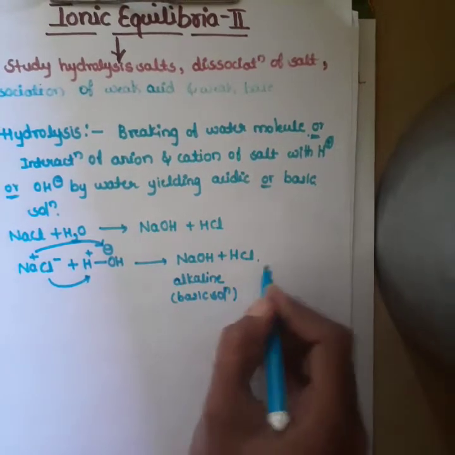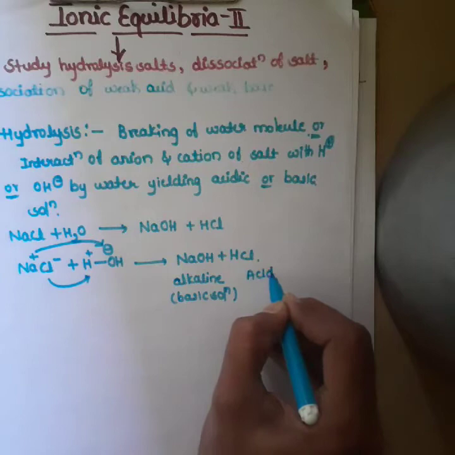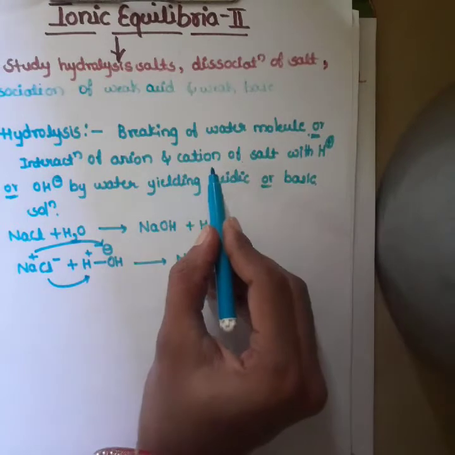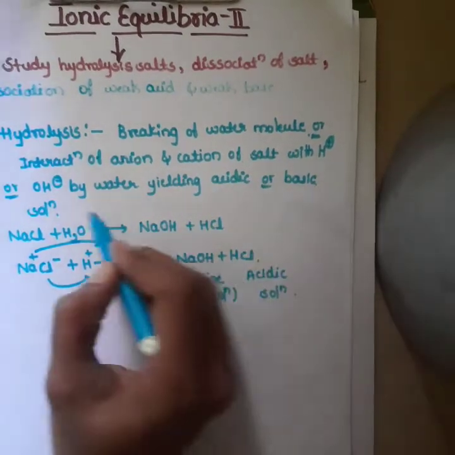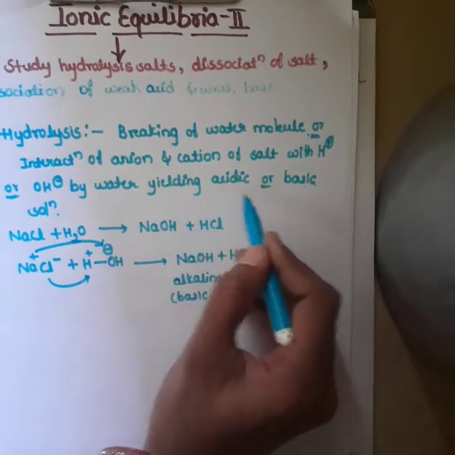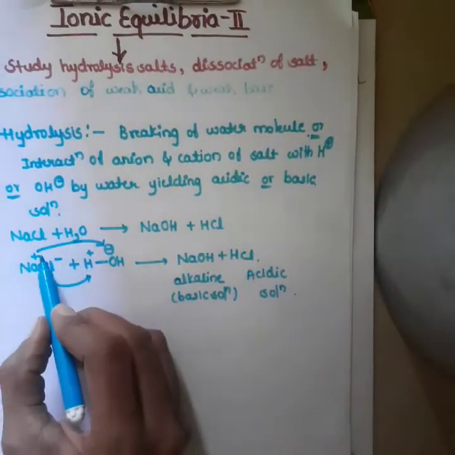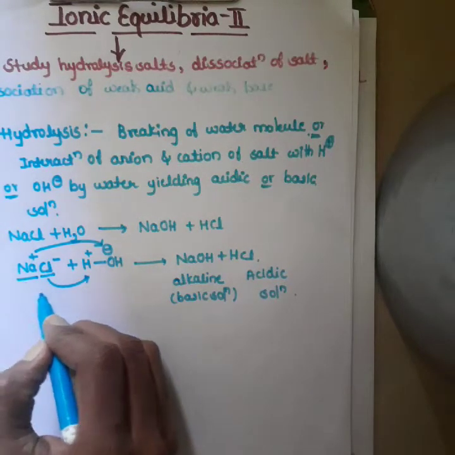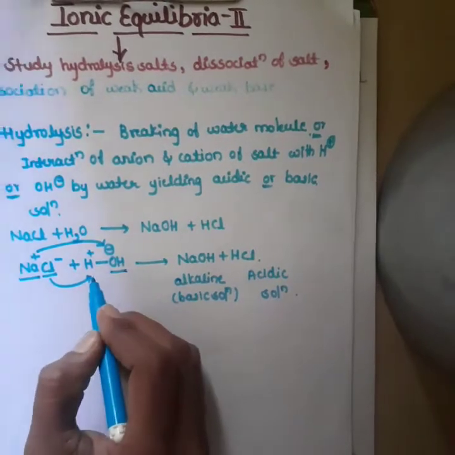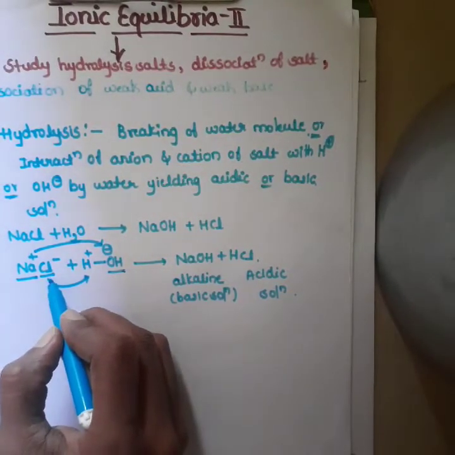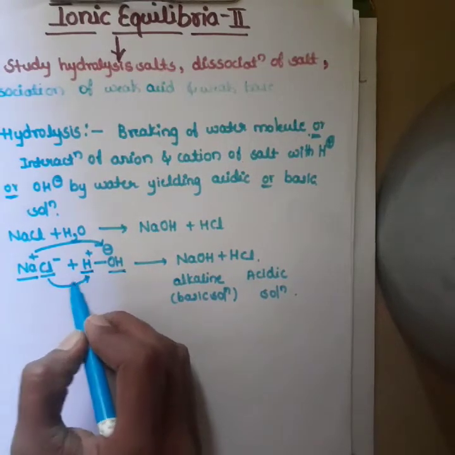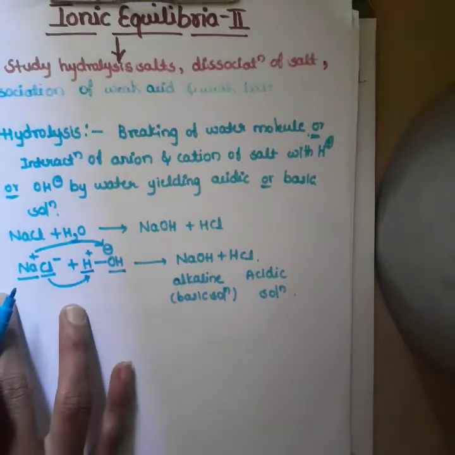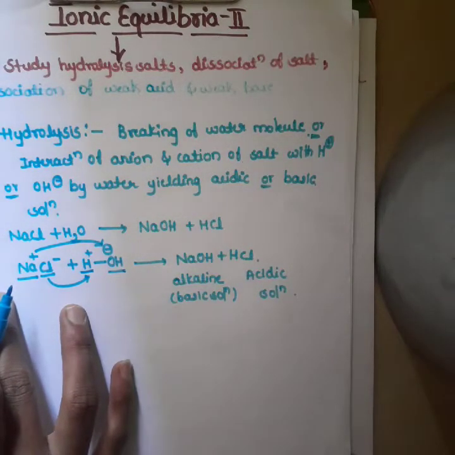HCl is an acidic solution. In our definition, interaction of anion and cation of salt with H plus or OH minus by water yields acidic or basic solution. Na plus is cation, Cl minus is anion. Cation interacted with OH minus of water, and Cl minus, that is anion, interacted with H plus. It will form alkaline solution and acidic solution. This is called hydrolysis. Then the next definition is,